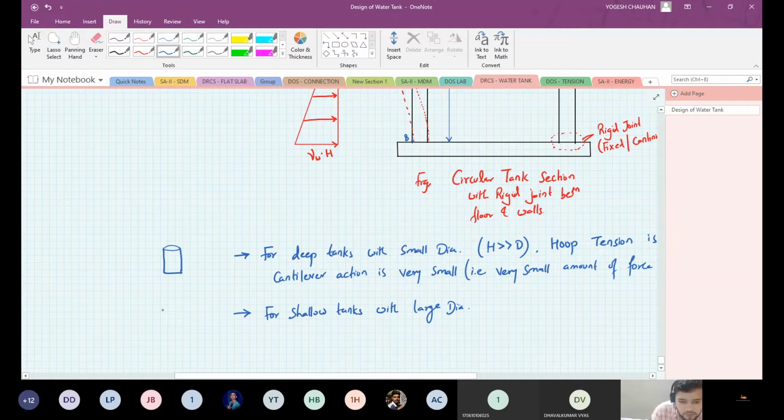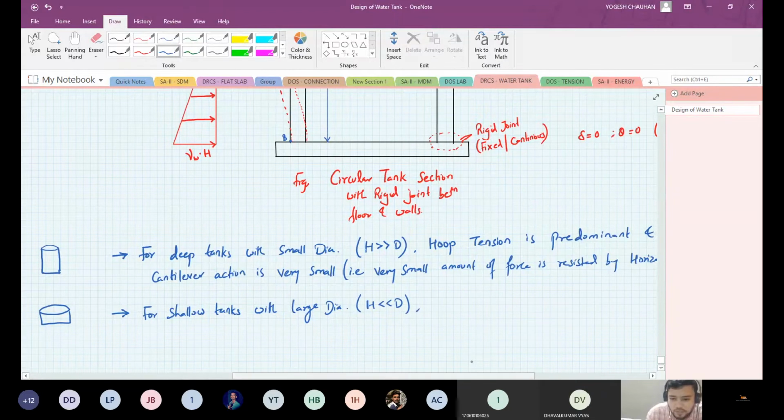Whereas in this case, the diameter will be very large and the depth of the tank is small. So in such cases, H is much less than D. In that case, the cantilever action is predominant,